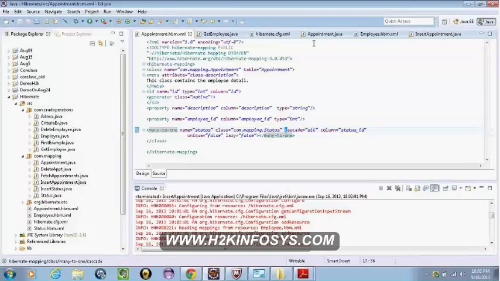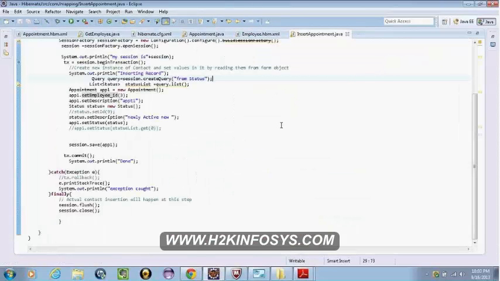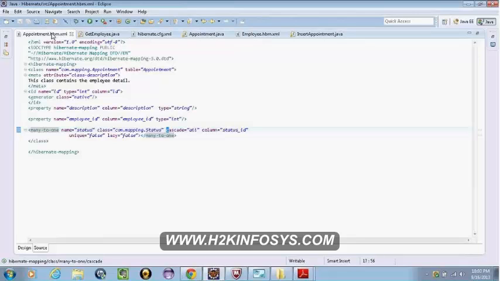I'm still a bit confused. How is the status ID in both the appointment table and the status table joined? How is it known that they hold a foreign key relationship in this code? The primary key of this table is associated with the status ID of this association.